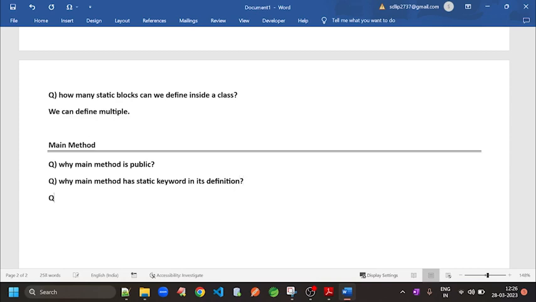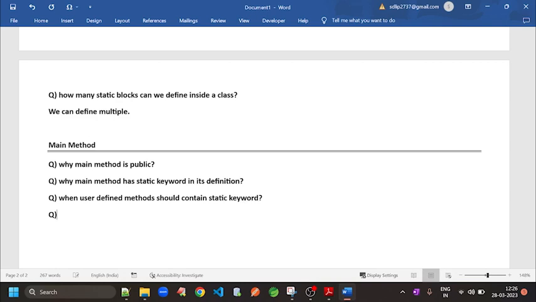Another question will be: when should user defined methods contain the static keyword? Okay,